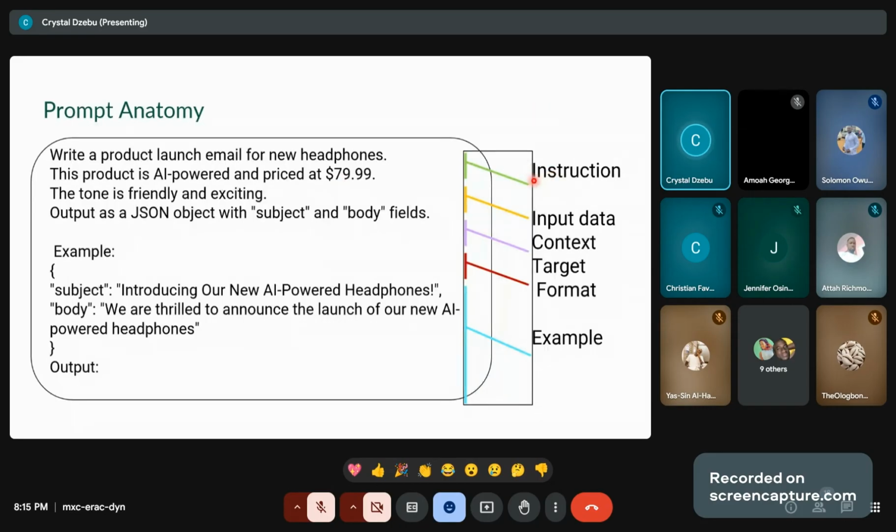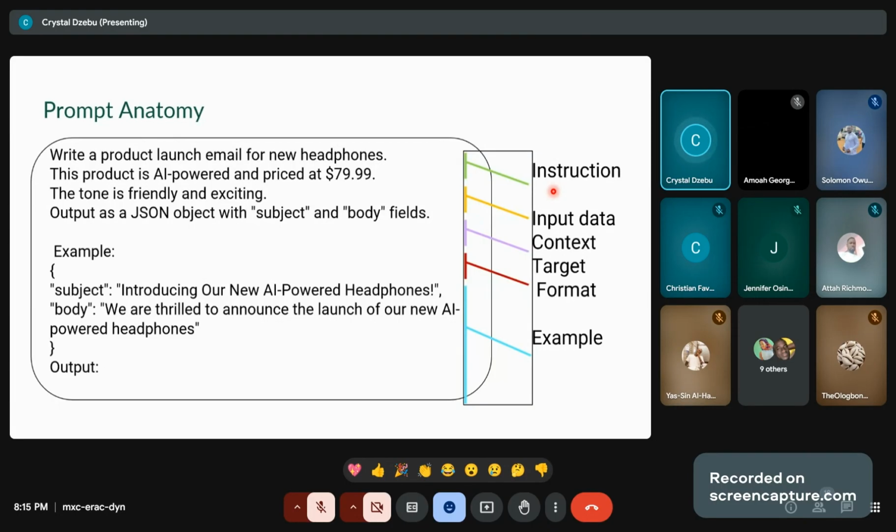the instruction. Anytime you are giving a prompt, you first of all have to give an instruction. And what is an instruction? You are instructing it to do something. As I told you, generative AI can do almost anything. So whatever you want it to do, you have to give it specific instructions.